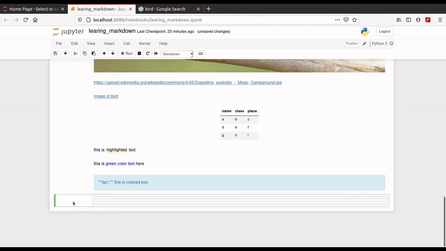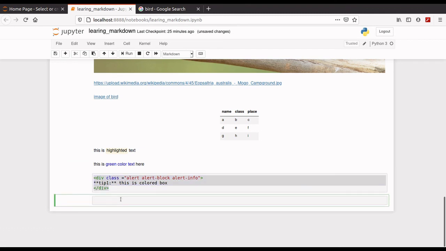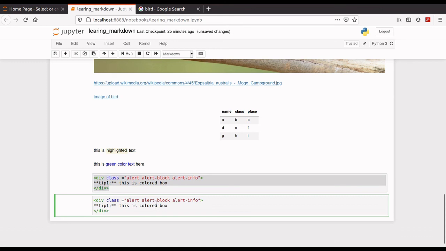We have 4 options. The above one will be a blue colored box, and let's see a yellow colored box.